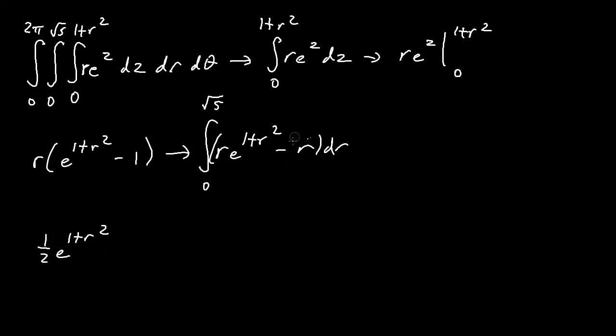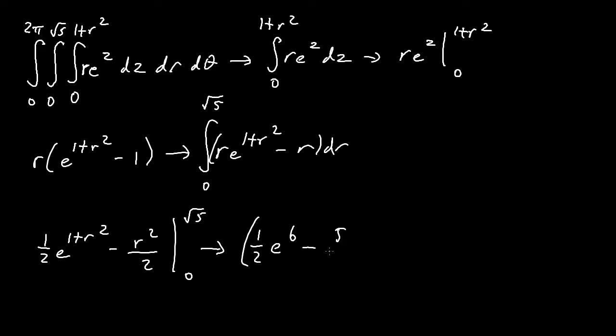So now we have minus the integral of r, and the integral of r is just r squared over 2. So now let's go ahead and evaluate from the r bounds of 0 to square root of 5. When I plug in square root of 5 for r, we'll get 1/2 e to the 1 plus square root of 5 squared, which is 5. So I can replace that with e to the 6th power minus square root of 5 squared is just 5 over 2. So then we get 5/2 minus, when I plug in 0 for r, we'll just get 1/2